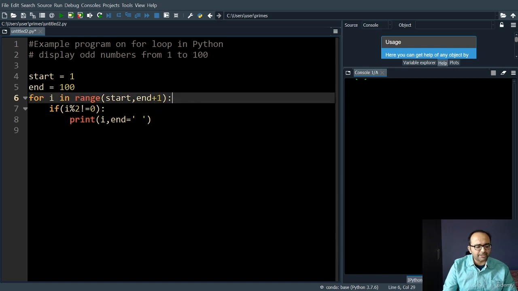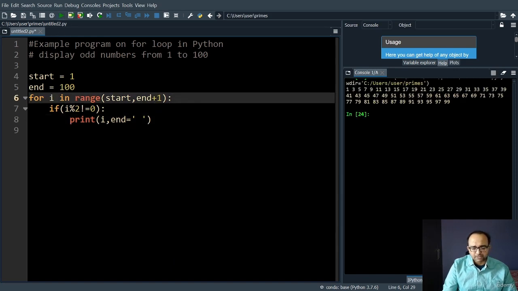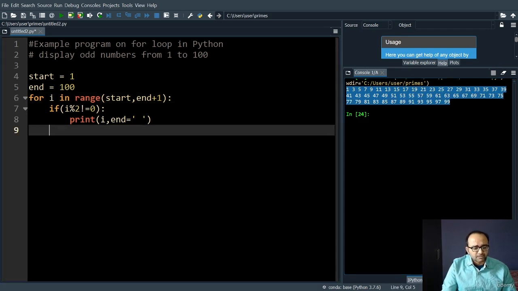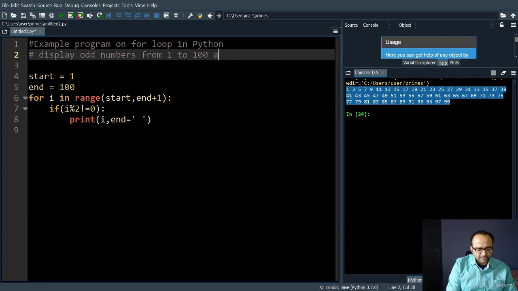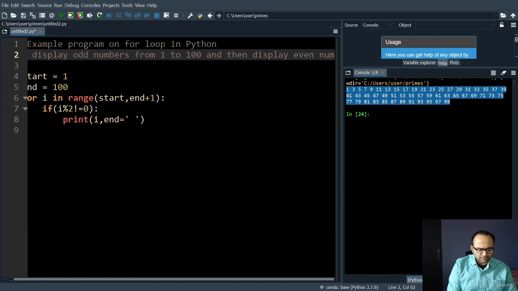Otherwise, I'm not going to print that number. Okay. So you can see only the odd numbers get printed. Okay. Suppose they're asking you to display odd numbers from 1 to 100 and then display even numbers